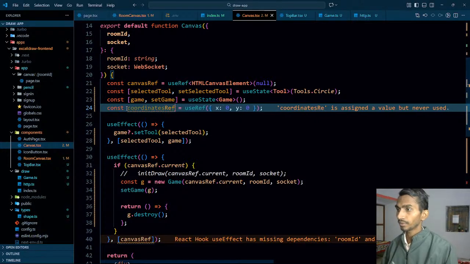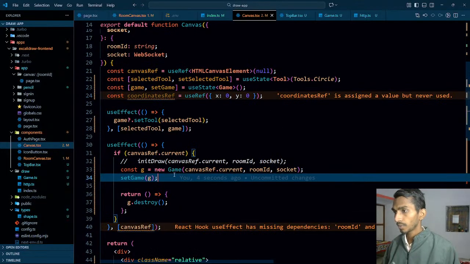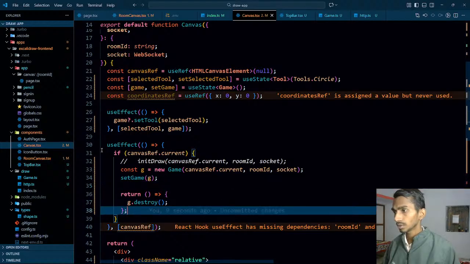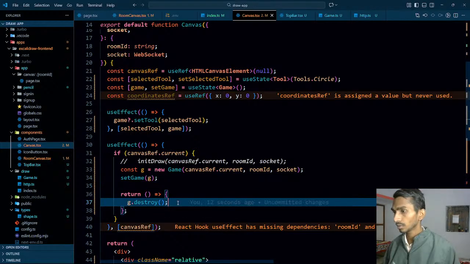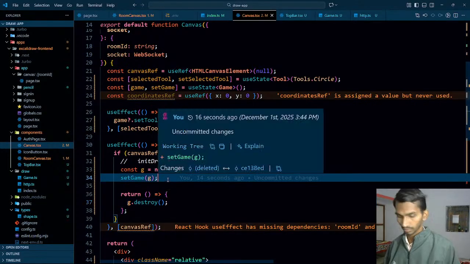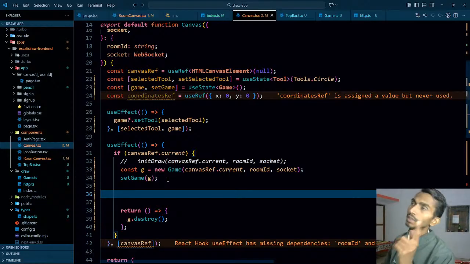Coordinates ref, we have something like this, coordinatesRef. This is the reference, and what we'll be doing is that game set. I'm setting the game. Once the game is set, I can just simply go ahead and make it like this. Game is set, everything's worked well, and after that